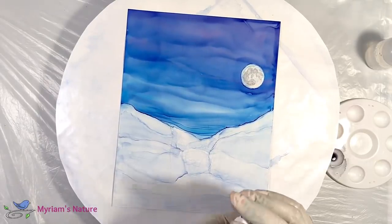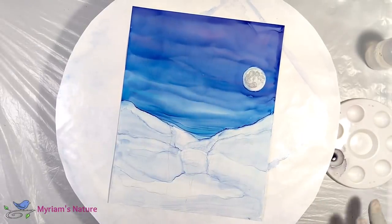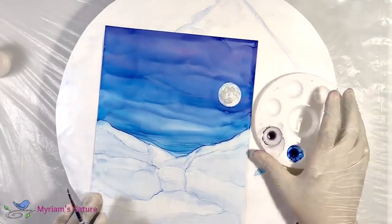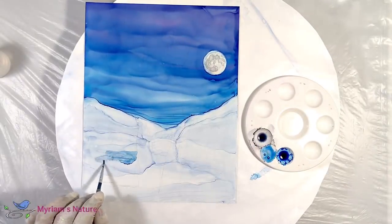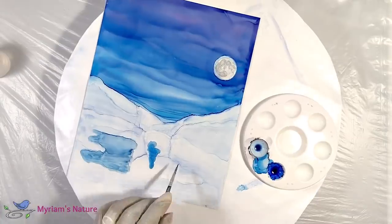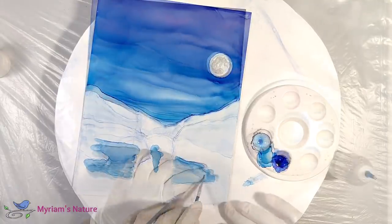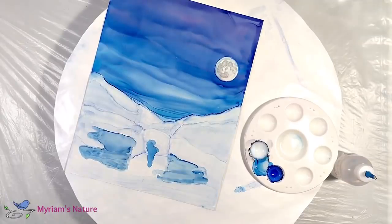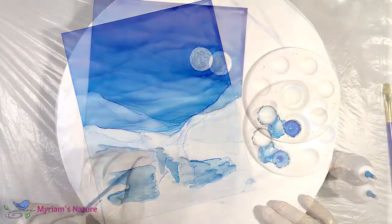For that, I'm going to blend a little Pinata Sapphire with my gray. And again, thin that down so that it looks more light and translucent. With the pond too, I'm not worrying about painting right over the trees. I add a few shadows to some of the edges where the snow meets the water to give it a